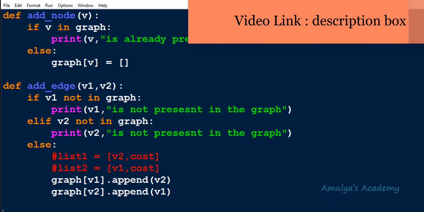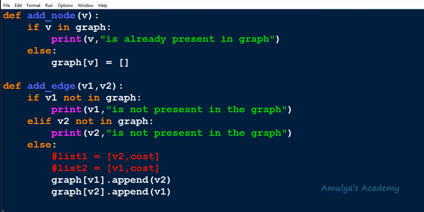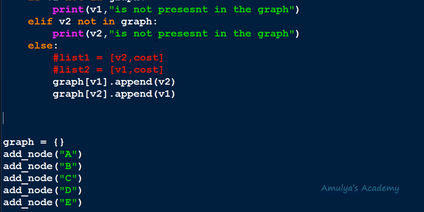Alright, here by looking at this function we can say we are writing this program using adjacency list representation. That is, we are representing the graph using adjacency list. And also in this program we are writing the function for unweighted undirected graph. Alright, here we need to define a function for DFS traversal algorithm. So I'll take def followed by the function name. Here I'll take function name as DFS.